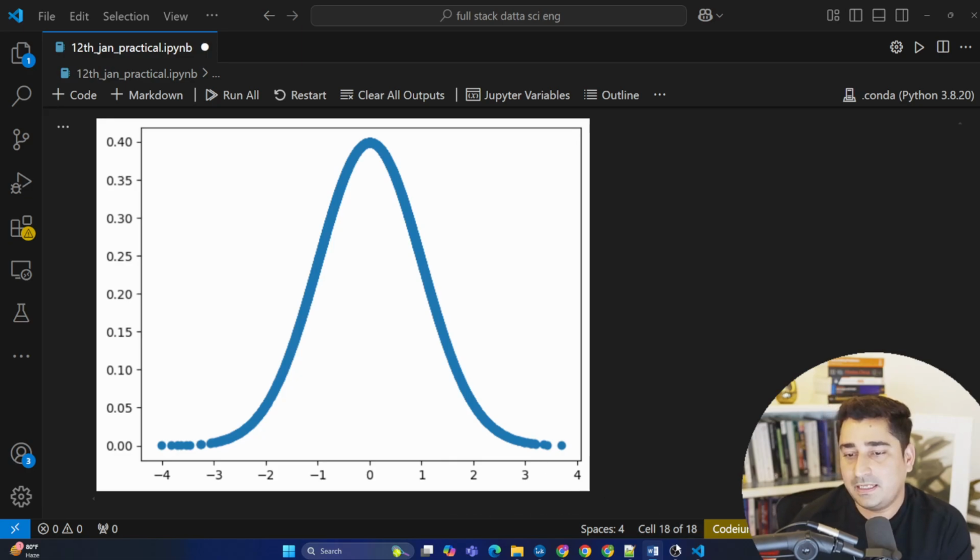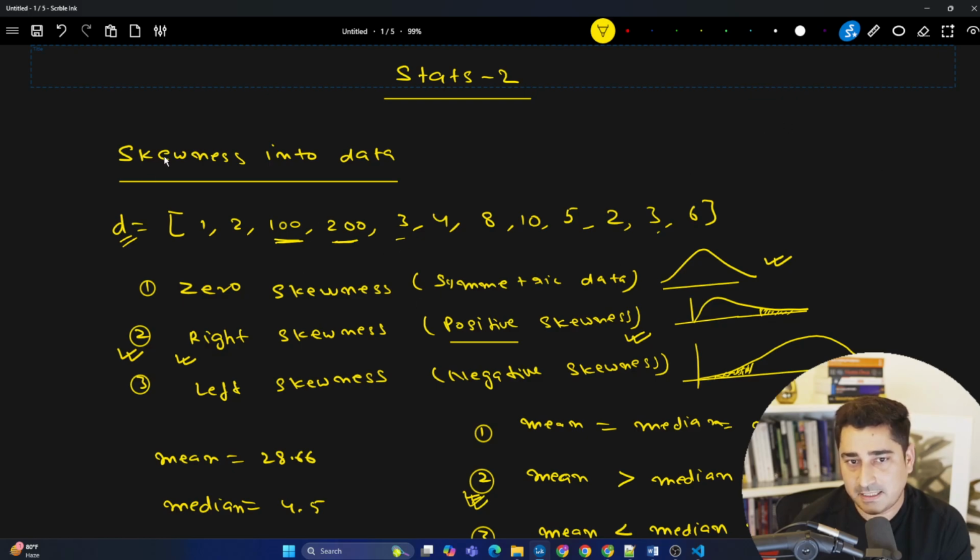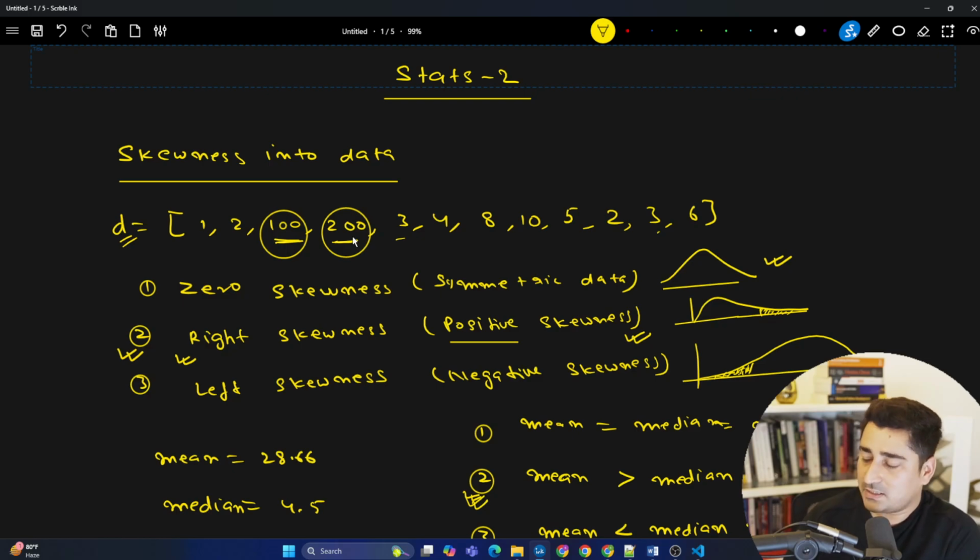For example, I have already given you this particular example, where we had an ambiguity in this data set, like we had 100 and we had 200, which is way beyond the actual range of majority of my data set. So before sending this data for any kind of training or learning, I have to remove or normalize this data set, right? That is the actual use case which you are going to use not in just one algorithm, but in almost 99.99% of the algorithms.